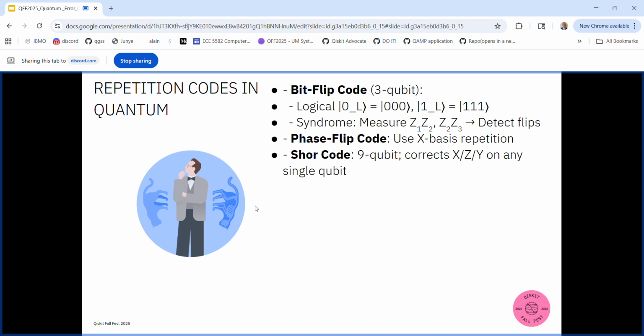So there's a single bit flip code. It's very similar to the classical code. We take a single logical qubit that's in the 0 state and we triplicate it, and then we do a measurement on the z-axis, that north and south axis, on z1 z2 and z2 z3. And we can detect if that bit has flipped. There's an issue though, is that